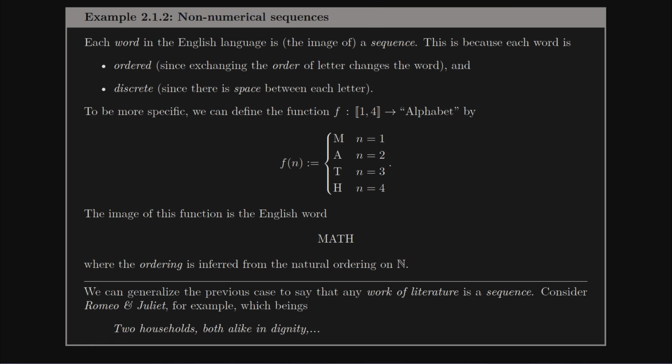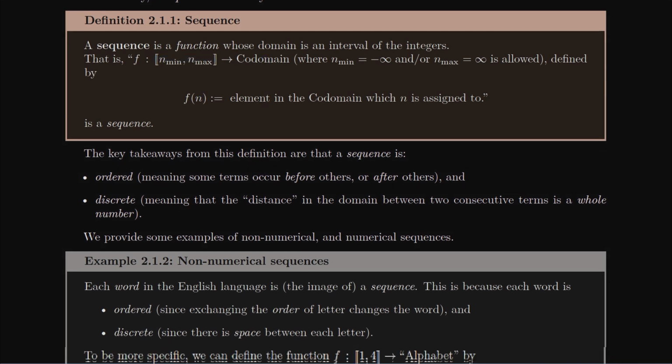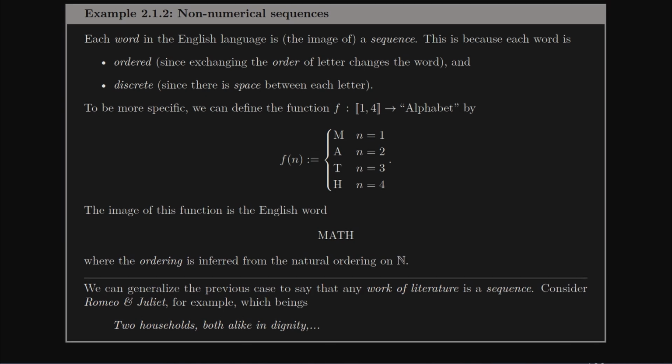By definition, the input to a sequence, or at least the definition we're working with in this class, does always have to be numbers. They do always have to be a subset of the integers. But the output of the sequence could be non-numerical. So in this case, great example of a sequence,